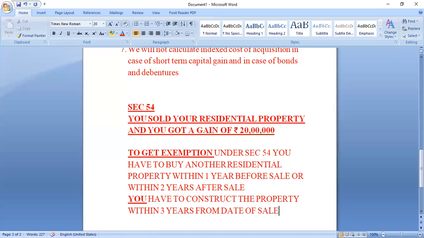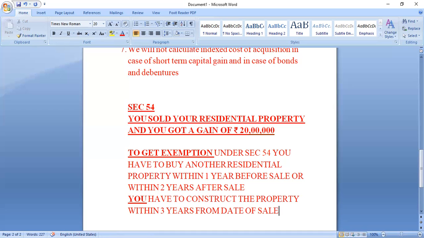If you want to buy the property, it is within 1 year before sale and within 2 years after sale. If you want to construct, you have to construct within 3 years from the date of sale. If you don't do it, whatever benefit you are going to get will be